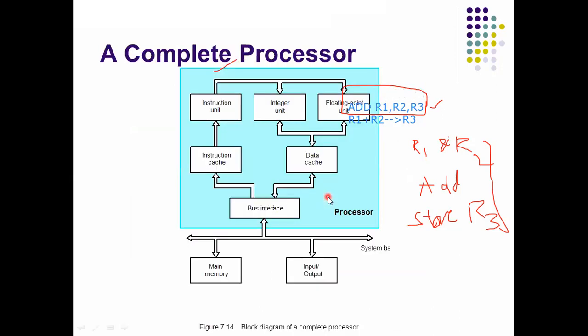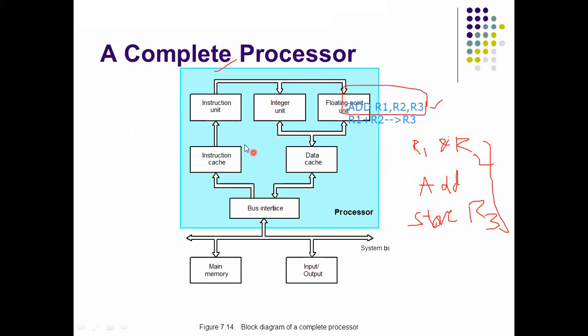Okay, ma? So if you are taking a complete processor, generally in the processor what are there? Memory address register is there, memory data register, R0 to Rn-1 registers are there, temporary registers are there, ALU, control unit, all these belong to the processor. Okay, so here we are taking, see here, so this is the system bus.